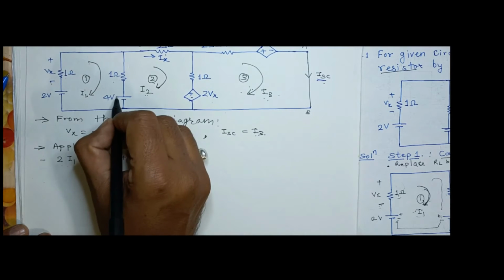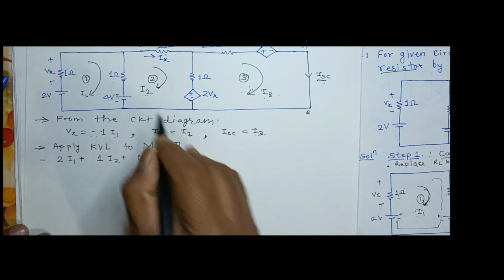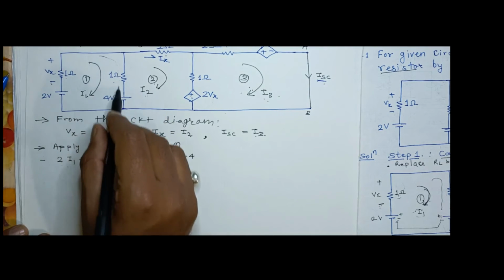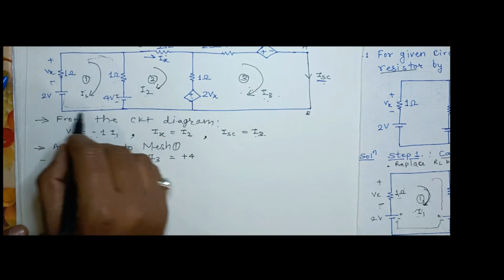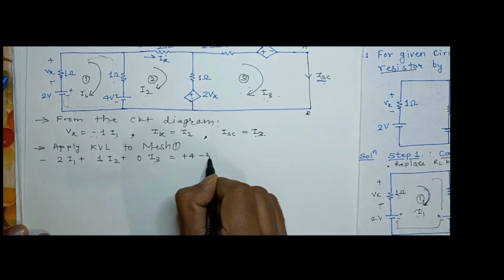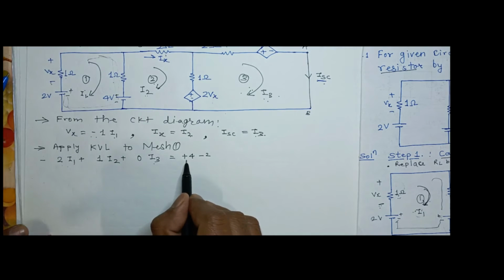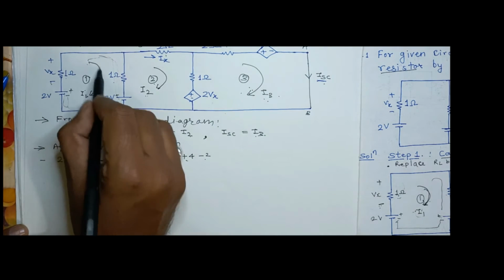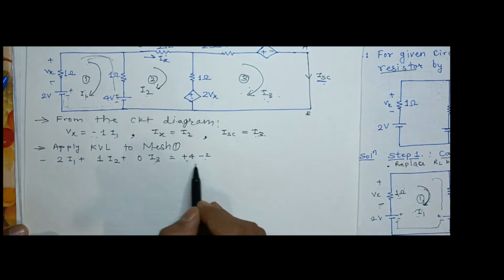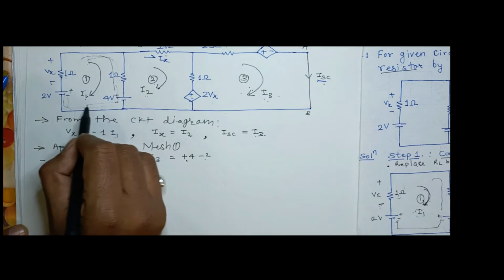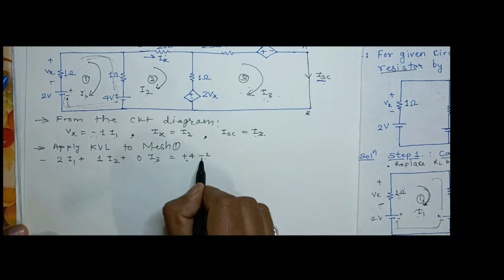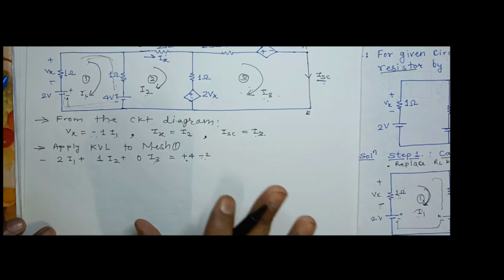So this is the plus sign. Here you can see this is plus and minus. So I will write plus 4, and if I come in this direction, the current is coming in this direction, so it is minus, and I will write minus 2. Why am I writing plus and minus? You can see this current is flowing in the clockwise direction, so I am moving in this direction. It is plus sign, so I will write plus 4. Then I move in this direction and come here, it is minus, so I will write minus. I hope it is clear.